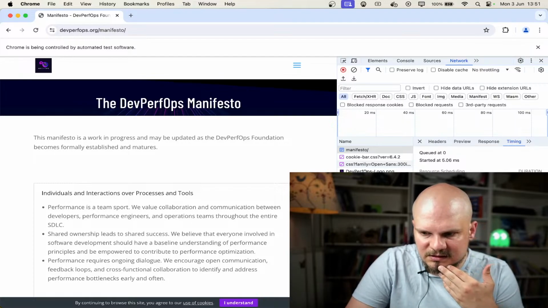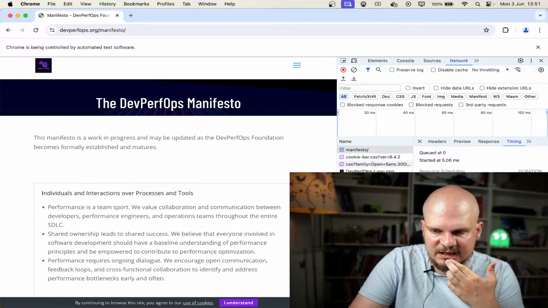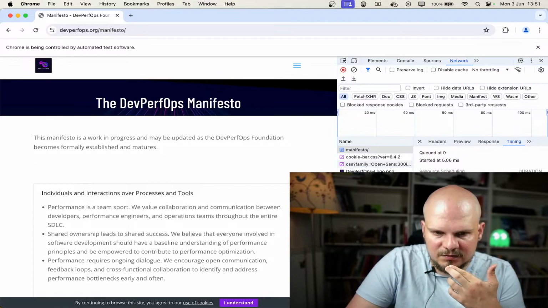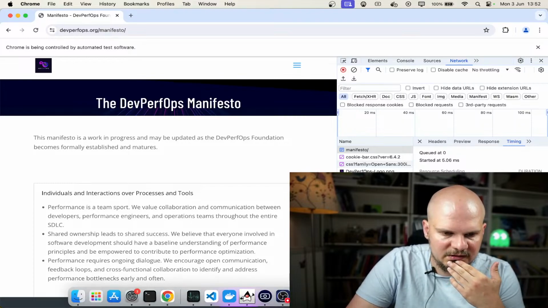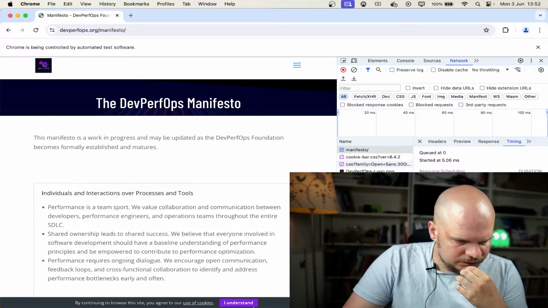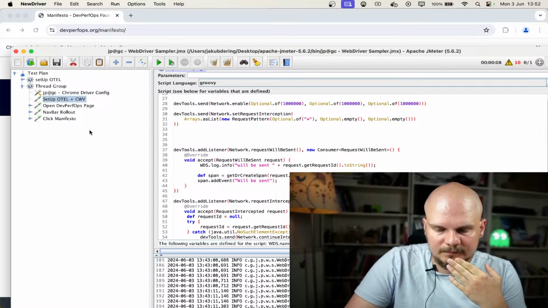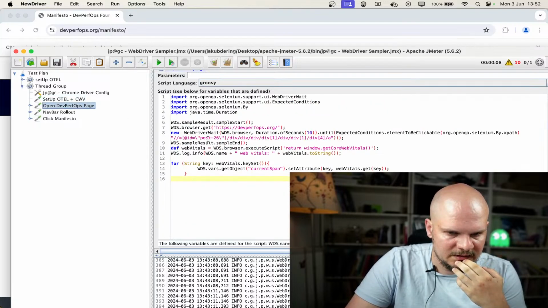But these differences are really right now measured in milliseconds, so I don't think it's much of a deal for now, but still something worth noting, that hey, you're not gonna have the same timing here that you're gonna see in the browser network tab, right? So that's worth noting here. What else is there? So we have here